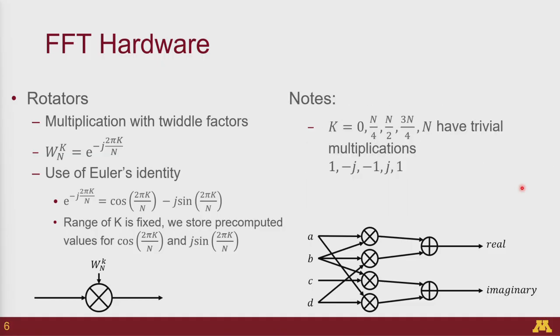The other thing I wanted to point out is that certain k's have trivial multiplications. So what does that mean? For example, if you have k values like 0, N over 4, N over 2, the value for this entire equation comes to 1, minus j, minus 1, j, and 1. So why do we call these operations trivial? Multiplication by 1 is trivial, but even a multiplication by minus j